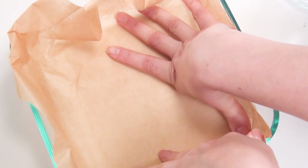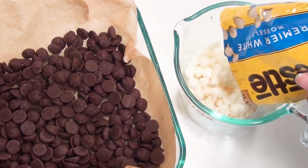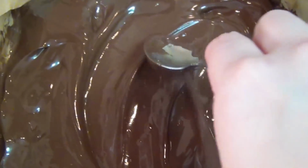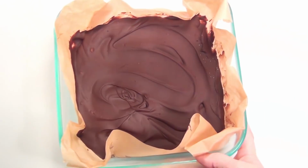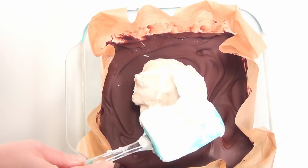Put your parchment in the bottom of your Pyrex dish and empty the dark chocolate pieces into it and the white chocolate pieces into the smaller Pyrex container. Place your Pyrex dish in the boiling water until the chocolate is completely melted, then pop that in the fridge to cool. In the meantime, you can melt your white chocolate,